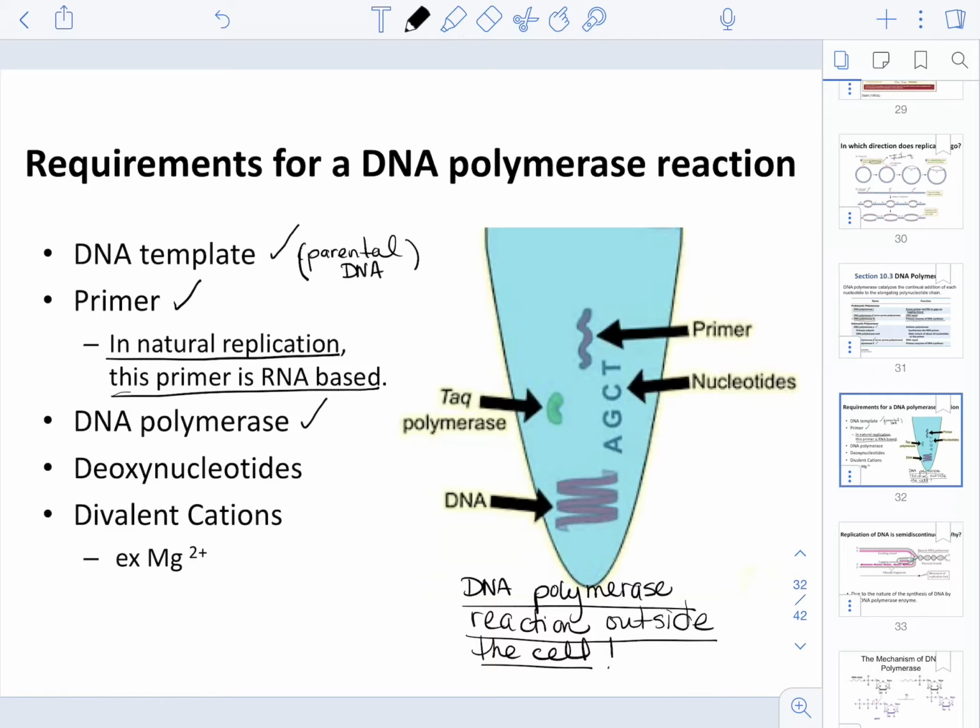We need DNA polymerase, and as I just illustrated, in prokaryotes we have 3 types of DNA polymerases acting on that template to accomplish the replication of DNA. We need deoxynucleotides because we are making more DNA, so the sugar motif must be deoxy. And lastly, even in nature, divalent cations are present, for example magnesium. Magnesium has a dual role in the system. The first role is stabilizing the negative charge in the backbone